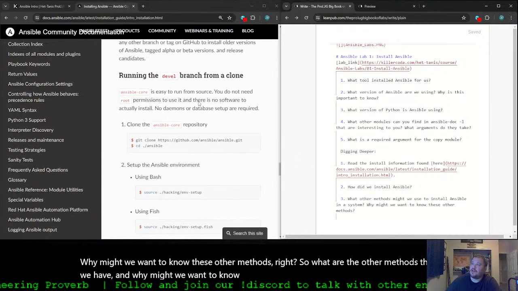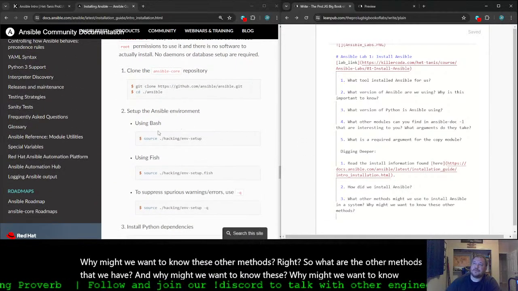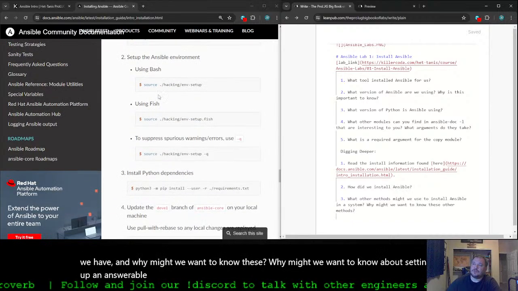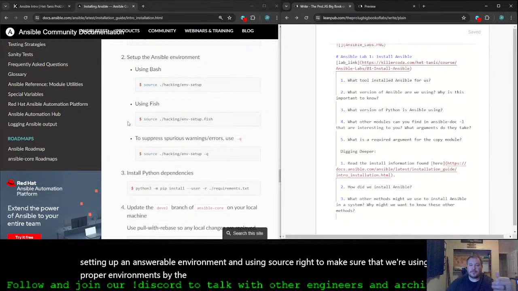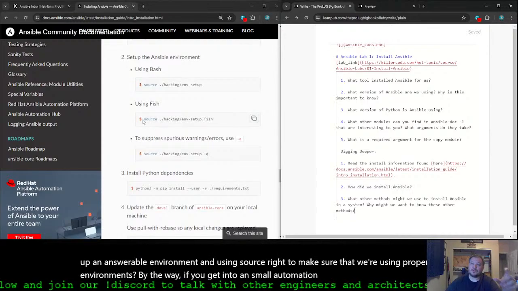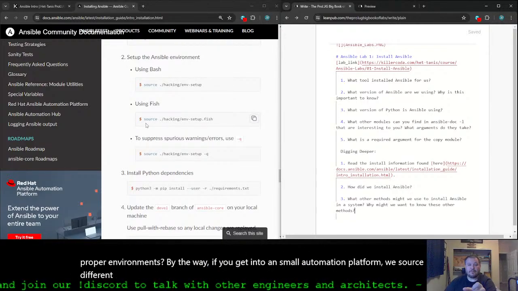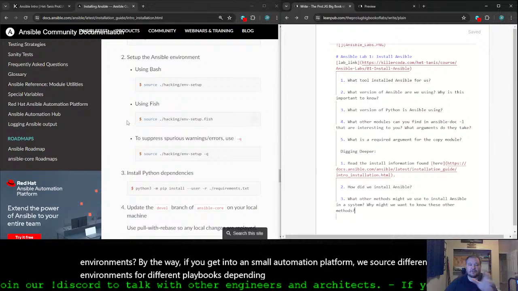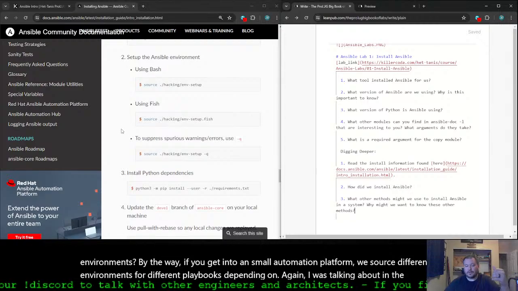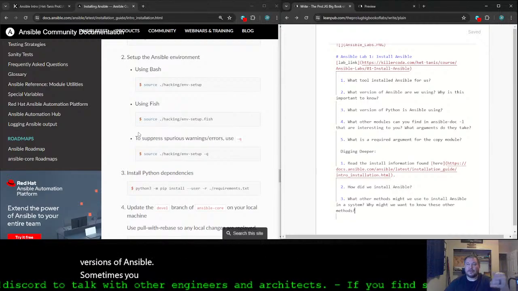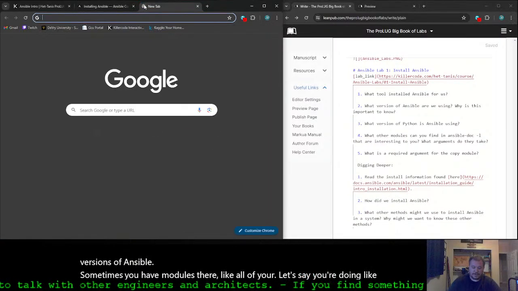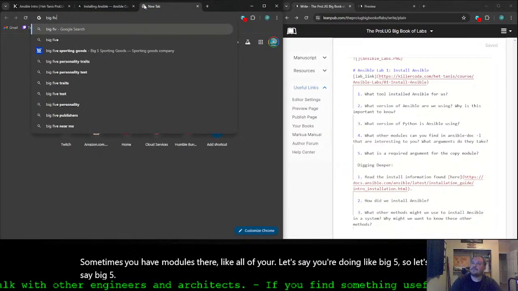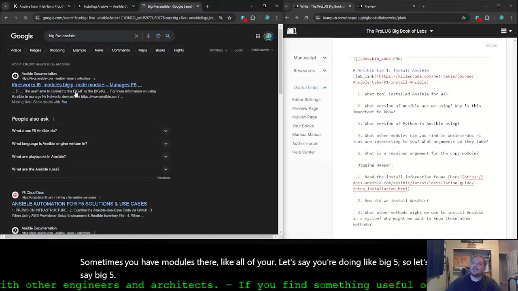Why might we want to know about setting up an Ansible environment and using source, right, to make sure that we're using proper environments? By the way, if you get into Ansible Automation Platform, we source different environments for different playbooks depending on, again, I was talking about in the newer versions of Ansible, sometimes you have modules there. Let's say you're doing F5 Ansible, right?